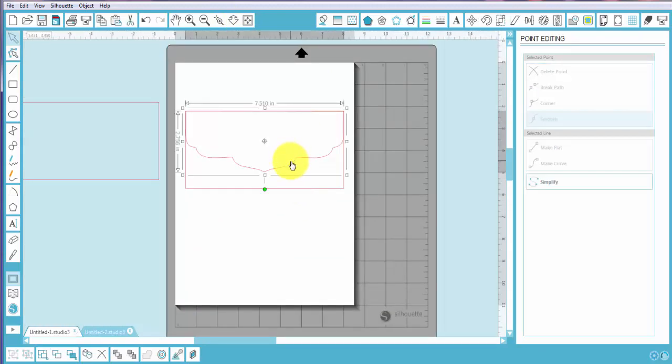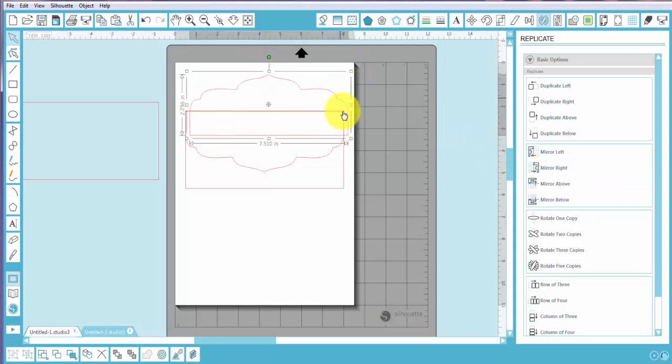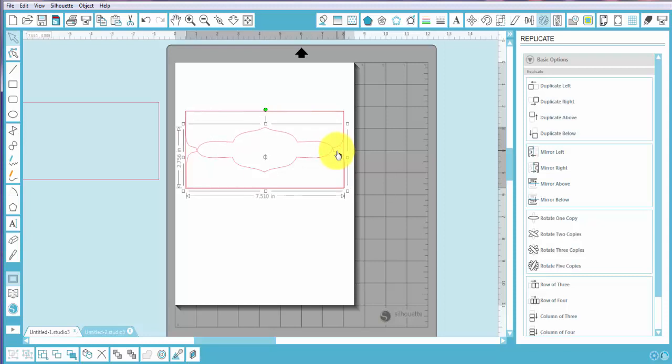But now I'm going to select mirror above on this one, so we can see when this card folds over what it's going to look like. So I'm going to fill it in, and I actually think I can make it even a little smaller. So depending on what kind of opening you want for your invitation, because I like some kind of a design. So I'm going to delete this one out, mirror this one, mirror above,